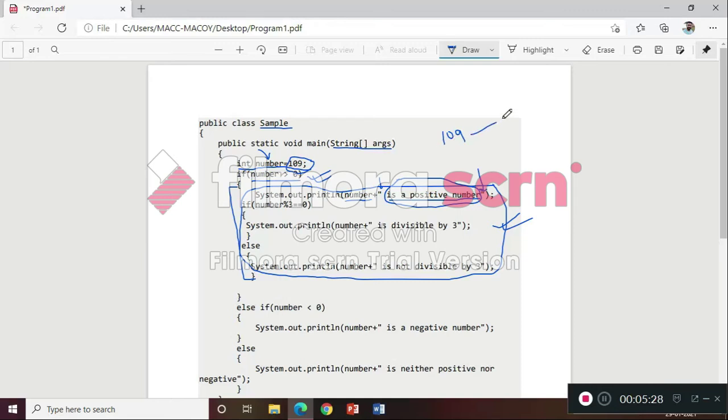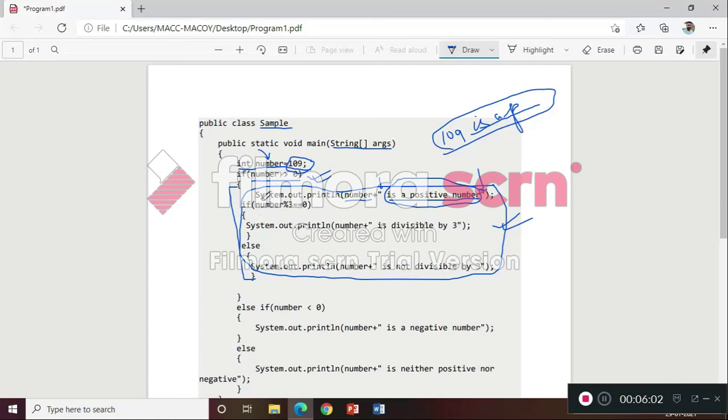That means this whole thing will be displayed: 109 is a positive number. This number is holding the value 109, so not the word number, but the value inside number will be displayed. That means 109, along with is a positive number.